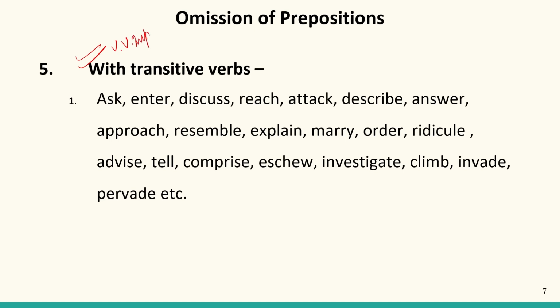We know well that verbs that do require objects are known as transitive verbs. So, transitive verbs are the verbs which are necessarily followed by an object. There must be an object always after the transitive verbs. These verbs are known as transitive verbs. And now, when we know that after a transitive verb we should have an object, there must not be any preposition